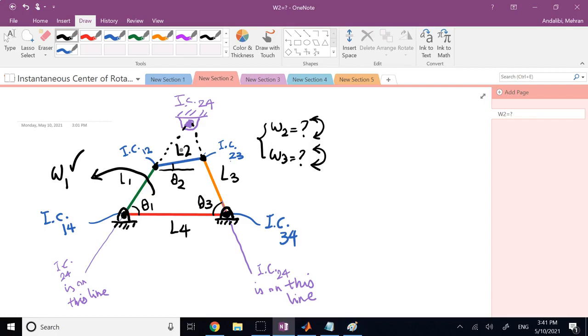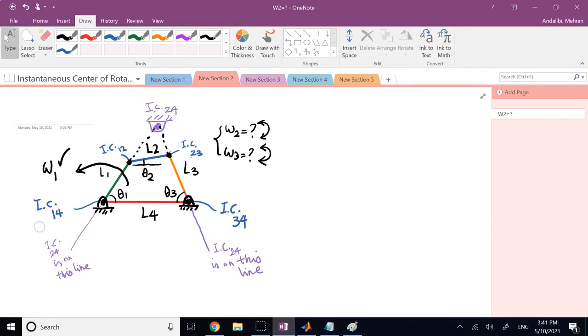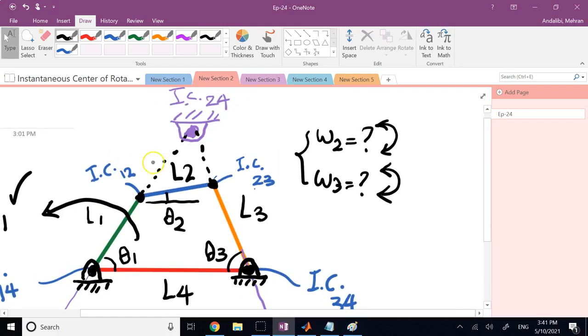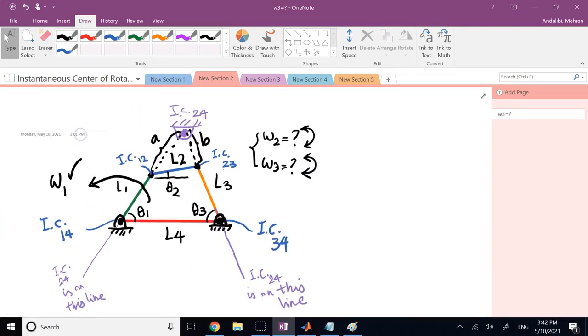And now how do I use it? Well, let's say here I have given you omega 1. Now I need to know this distance from here to here. And if I call this distance x, and I call this other distance y, fair? Or if you don't like x and y, I can call them a and b. This is a, this is b. If I know those distances a and b, which I can easily do through geometry, then